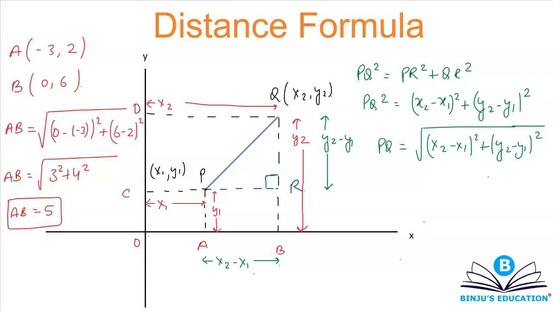So you will use the coordinates with their signs. Remember that. See, in this case, I have used this. I'm not writing 0 minus 3. I'm writing 0 minus of -3. Okay. I have taken this to be x2, this to be y2, this to be x1, this to be y1.